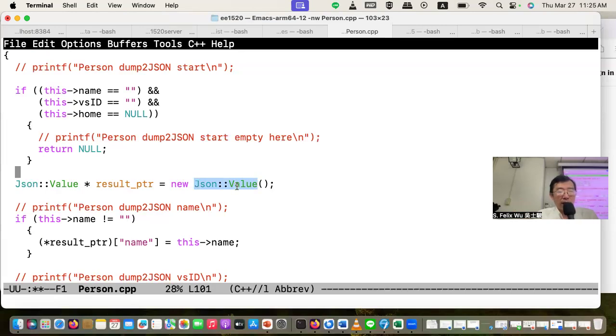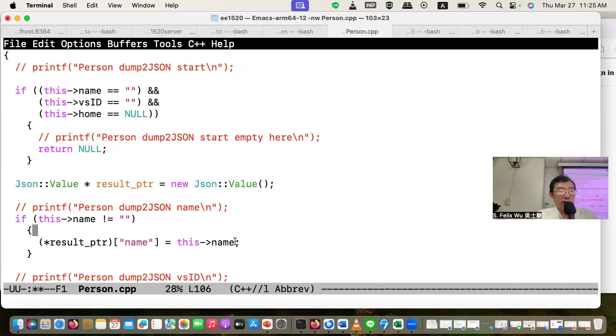So I'm constructing an object, which is the JSON value object, and I put the address of the first byte into the result pointer. So result pointer essentially is pointing to the JSON value object. And then, of course, if you do have a name, I would just say result pointer name is equal to the name.